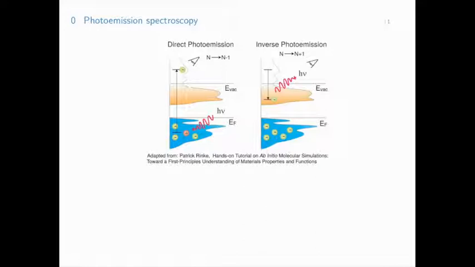On the other side, we have theory, which is an essential tool for the interpretation of experiments and to make predictions about material properties. One of the most popular ab initio approaches in condensed matter physics is many-body perturbation theory based on Green's functions. The experimental spectra can be compared with the spectral function, which is directly related to